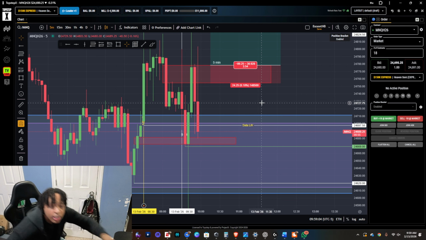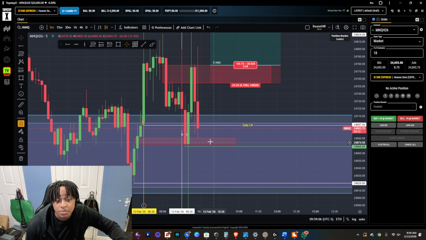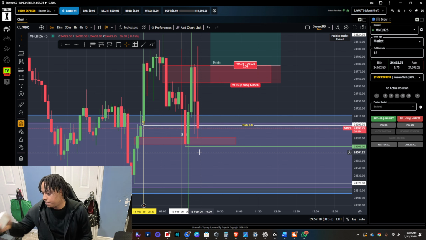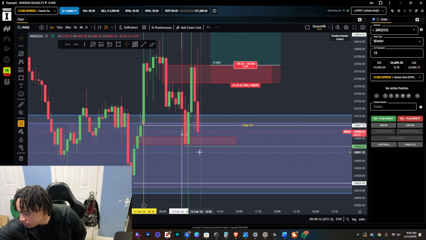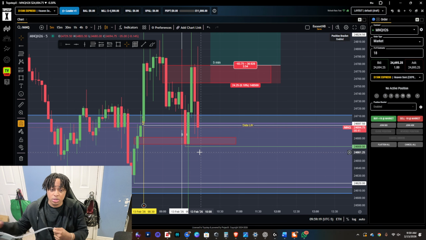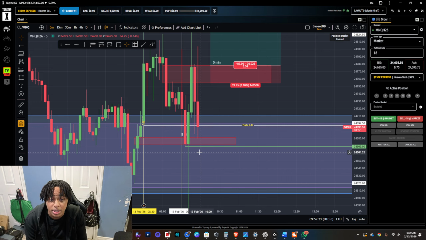Truly, if we could get a close underneath this, then it comes back into this and then closes out, I'll take it. I will take it. I think we're gonna go down because of that data low. That data high is something serious, especially because it was an upwards moving trade.